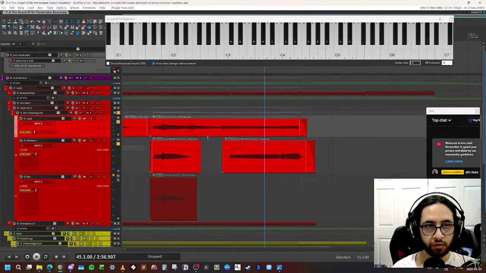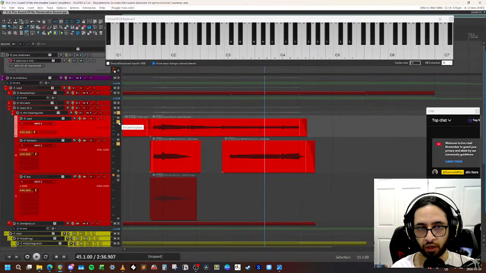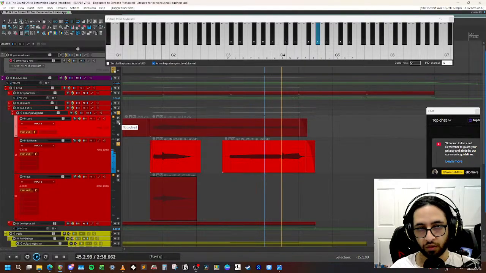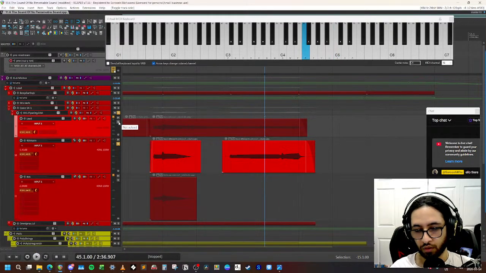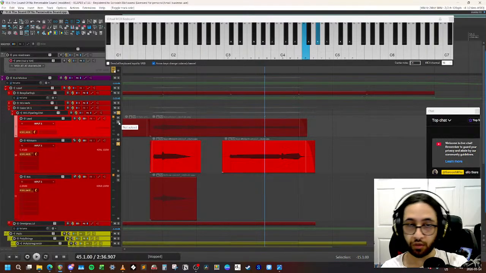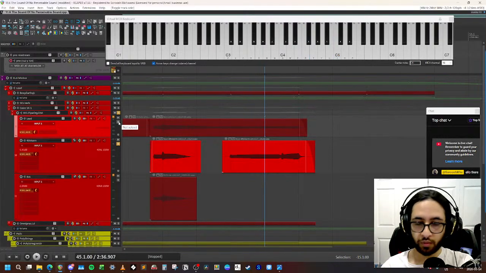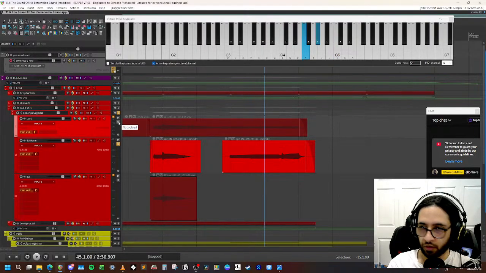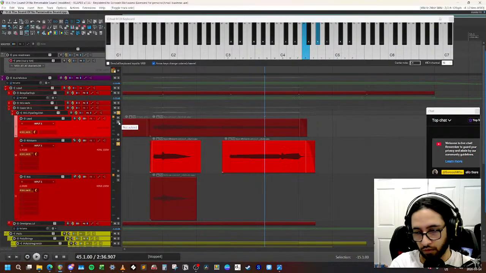Yeah, so the main part is just going F, E flat. So it's a third harmony and then it goes wider to a sixth.